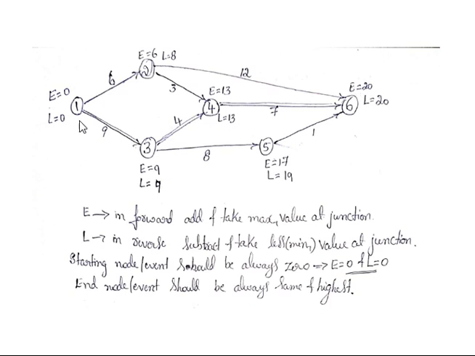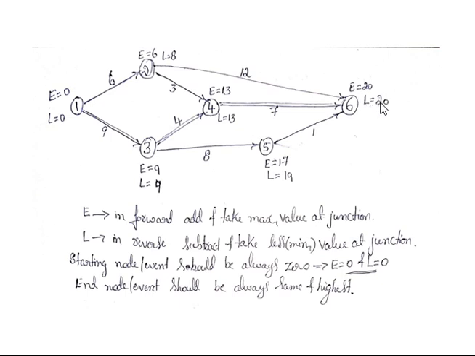Whenever you have a junction, we need to take the bigger value, and add the previous E value to the time duration to get the nodal or event values, always moving from left to right. For the L values, whatever the E value is, we write down here as the L value. L equals 20.